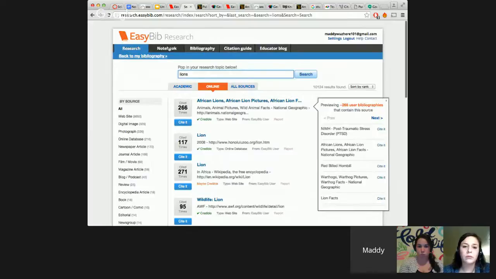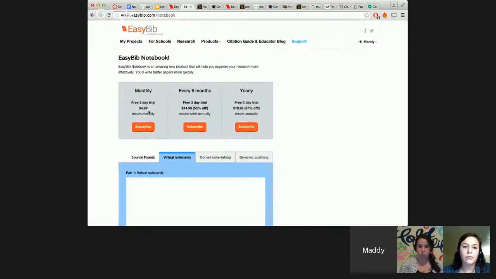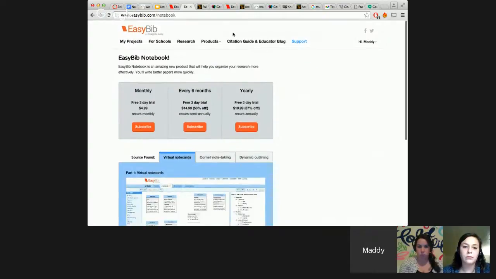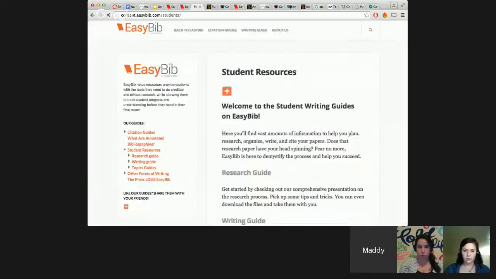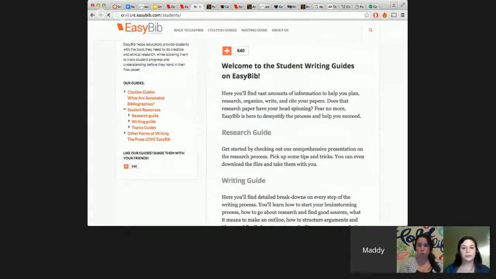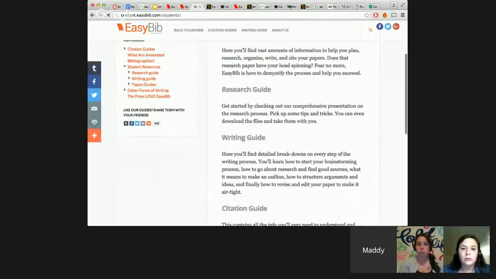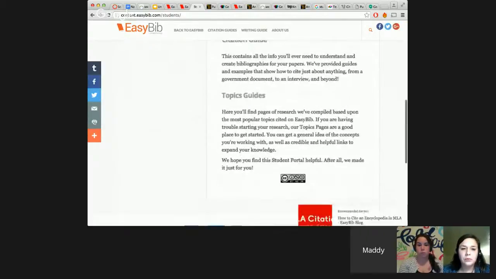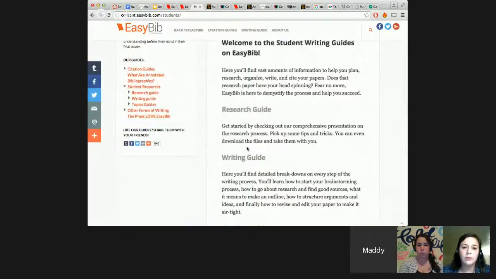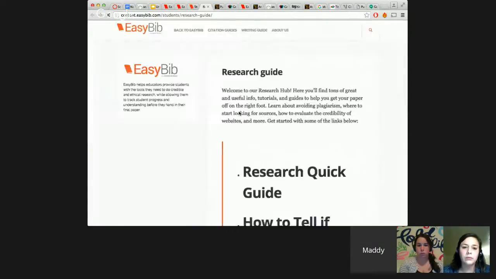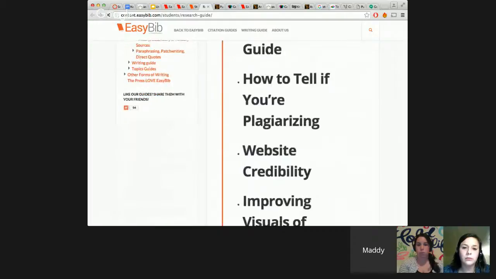You can go to a notebook, but for this you have to pay. So there are plenty of other free resources on this website to use. There's a citation guide, which is my favorite thing about this website, is that if you have any questions about researching anything, you can click on one of these links. I'm going to go to the research guide, and it has